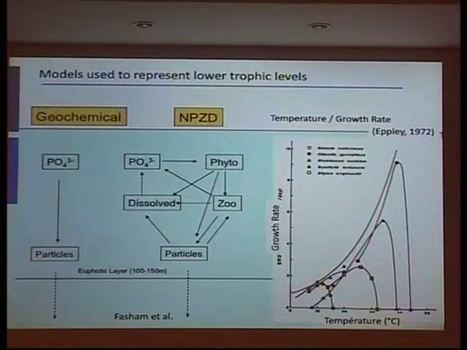You could ask the reasons why we think we can represent all phytoplankton species by only one big generic group, and there are some good arguments to say that this is possible to some extent, and one of these arguments comes from the work of Eppley in 1972. You have here the growth rate as a function of temperature for several individual species of phytoplankton, and you see some cold species like this one, and some, of course, warmer species like this one, and Eppley drew this